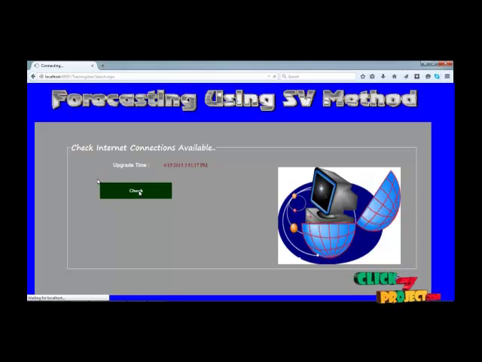This is process level 1. It can be implemented into the service level process. This type of server can be available at any time. So now we can check our internet connections for the particular time. The connections are available, and then we go to the next level of processing.